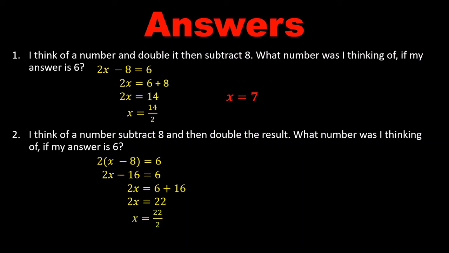Now there is an alternate method for this. If you haven't done the working this way, maybe you started by moving the 2, thinking that X has 8 subtracted from it and then it's multiplied by 2. You might want to undo the multiplication of 2 by dividing by 2. Then get rid of the 8, which is subtracting, opposite of subtract, add, and your answer in either case will